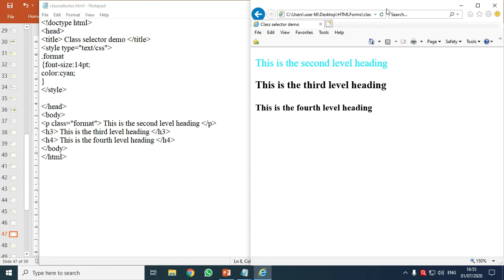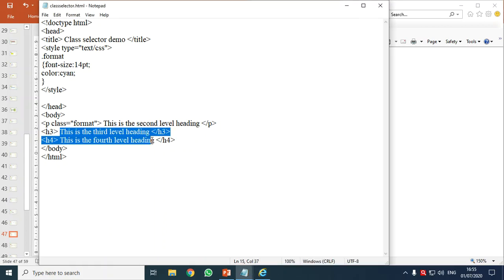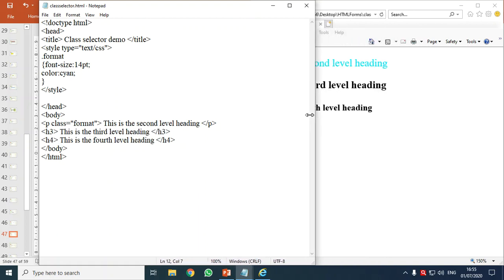Observe the first paragraph tag, okay, has got 14 point size and color as given, right? Now, I want both these paragraphs, both the heading tags, the text between the heading tags, should also come with the same formatting features. Now what to do?